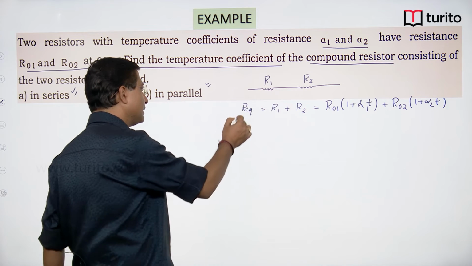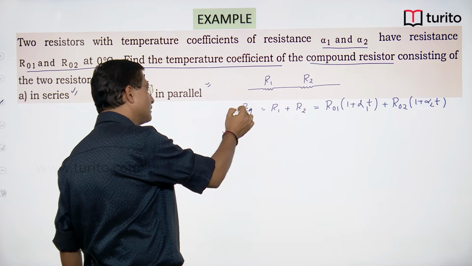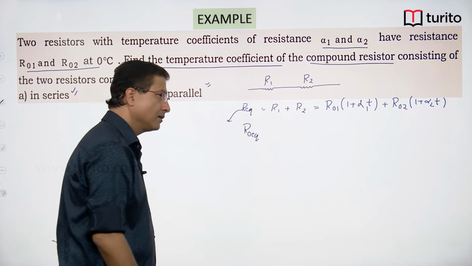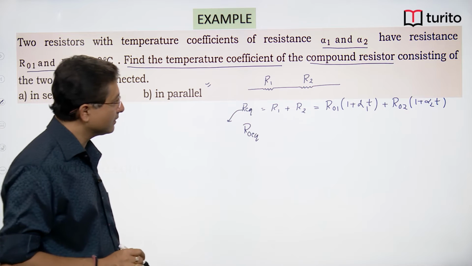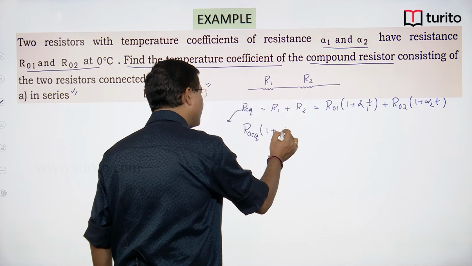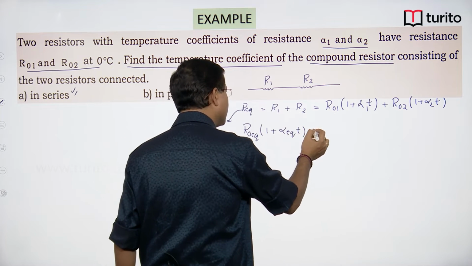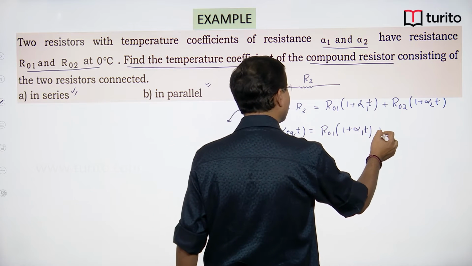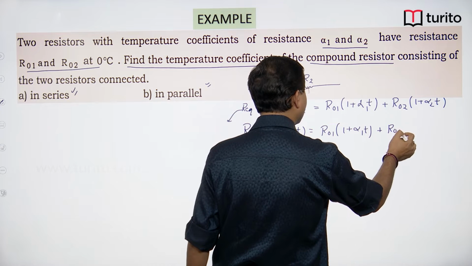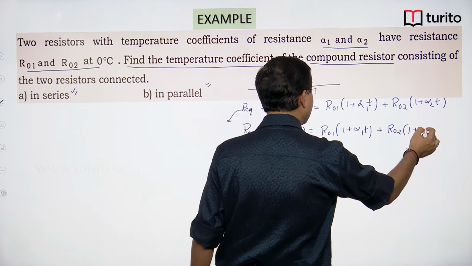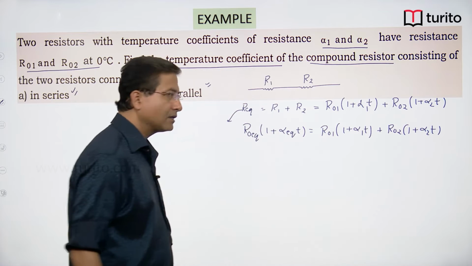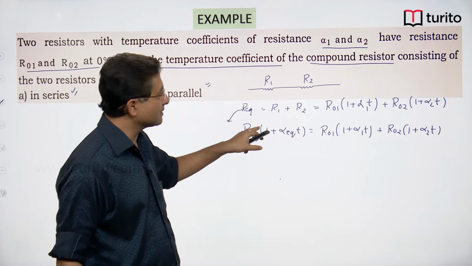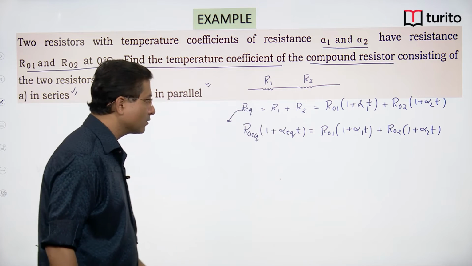And here R equivalent can be written as R not equivalent, the resistance at 0 degree centigrade, times 1 plus alpha equivalent T, which must be equal to R01 into 1 plus alpha 1 T plus R02 into 1 plus alpha 2 T. At 0 degree centigrade, R0 equivalent will be equal to R01 plus R02. So, the 1 and 1 terms will get cancelled out. What you are left with,